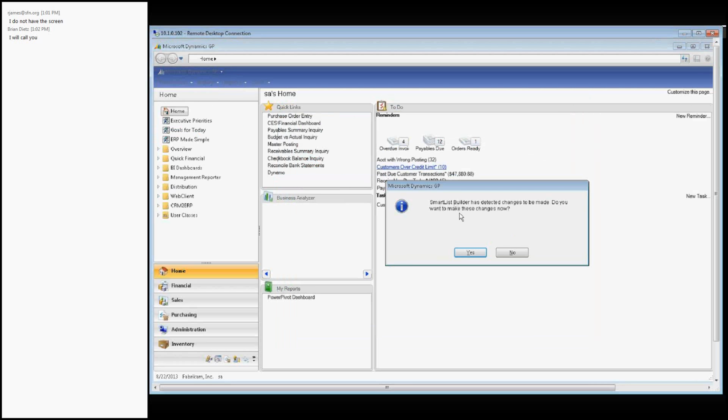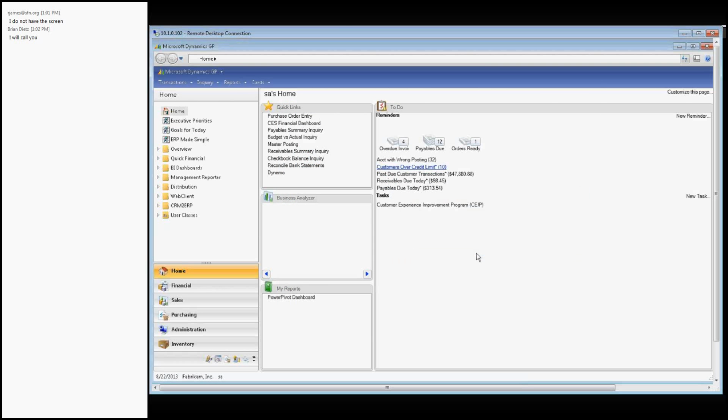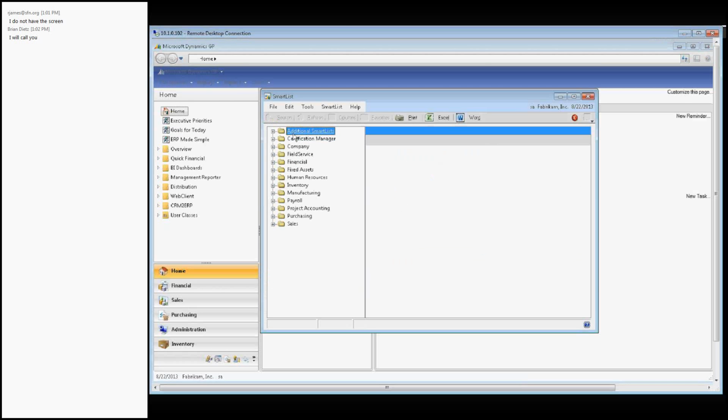When you go to SmartList, you can say you want to make the changes now, and what SmartList will do is refresh the actual SmartList objects so that it will add your new tool in your list of SmartList objects. So I will hit yes, and then it'll open up SmartList for me. And if you remember, we saved that new SmartList under Purchasing, so it should now be under,